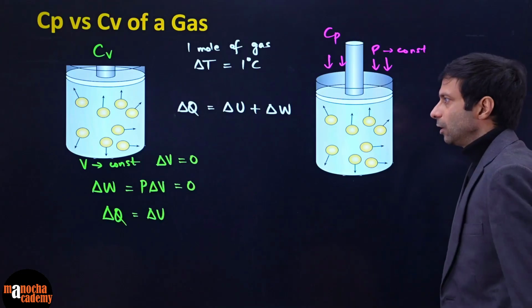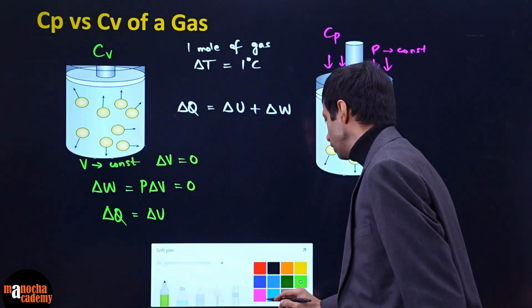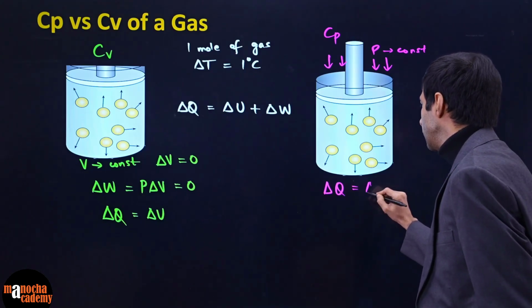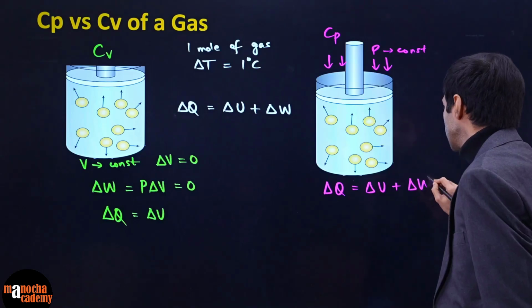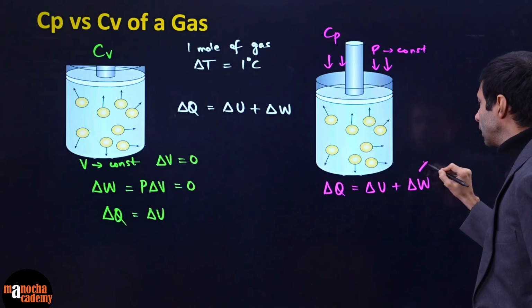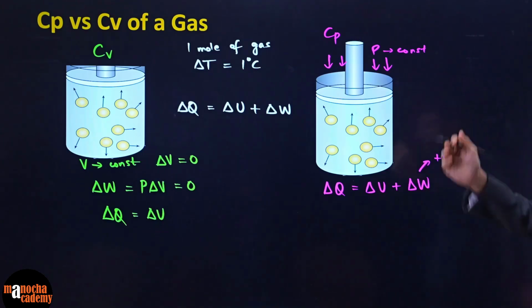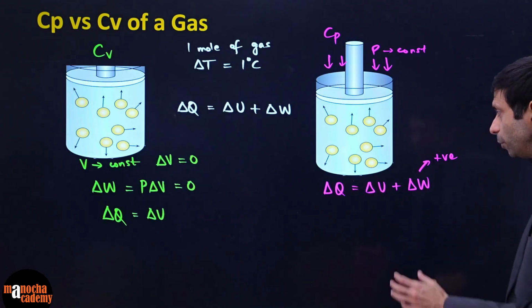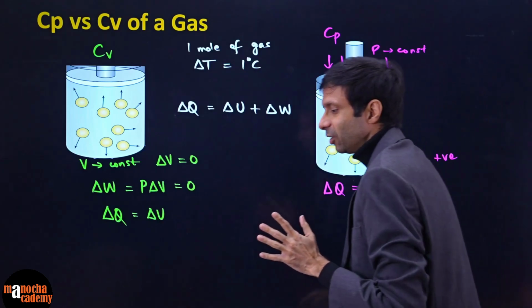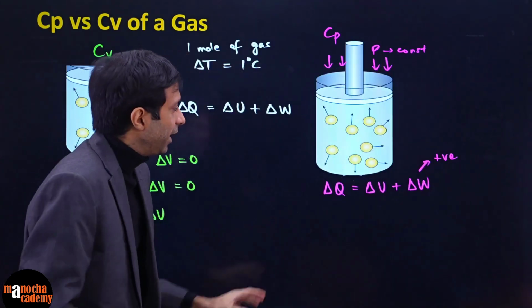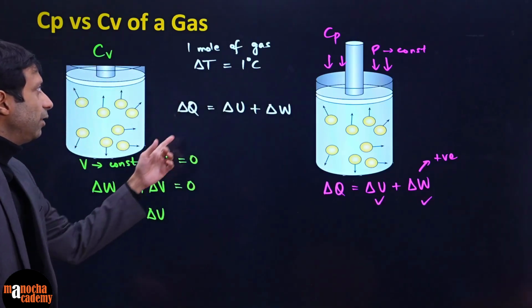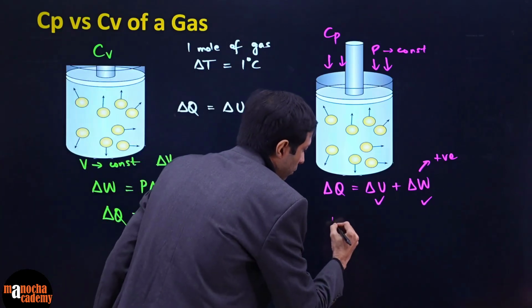How about this case? So at constant pressure, when pressure is constant, then delta Q is delta U plus delta W. So work is being done, right? There is a change in volume. So work is done. Let's say it's allowed to expand. So therefore, I need more heat because I have to increase the internal energy to change the temperature by 1 degree Celsius and also do the work. So do you guys agree that more heat is required here? This one needs heat only for the delta U. So clearly more heat,